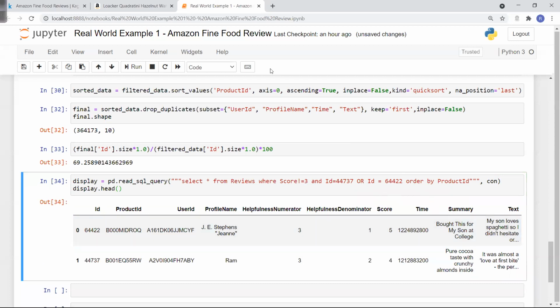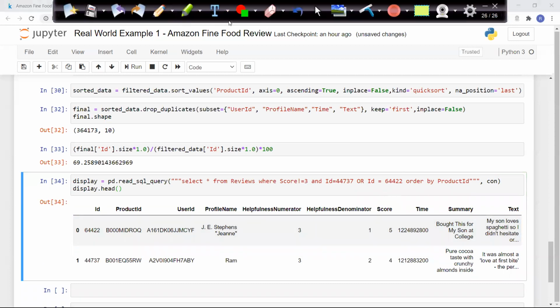Now here I am also getting one interesting insight. My helpfulness numerator is 3 and my helpfulness denominator is 1. My helpfulness numerator is 3 and my helpfulness denominator is 2. Is that possible? It is not. What is my numerator?